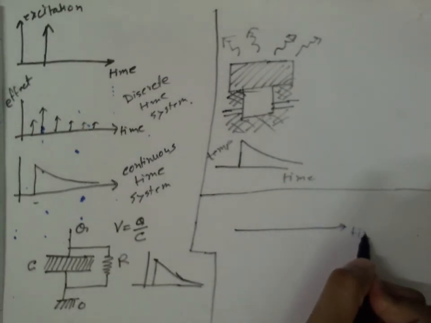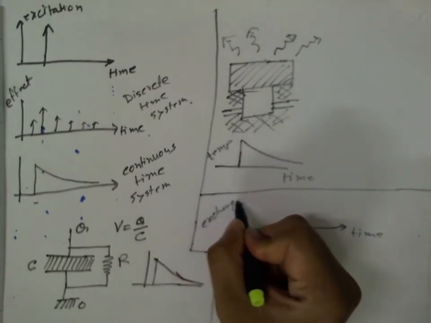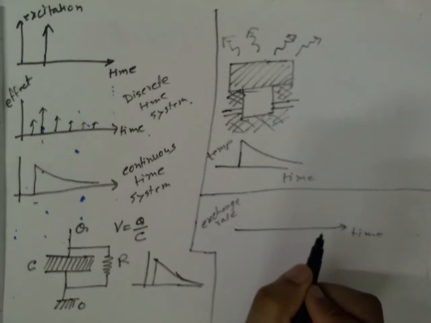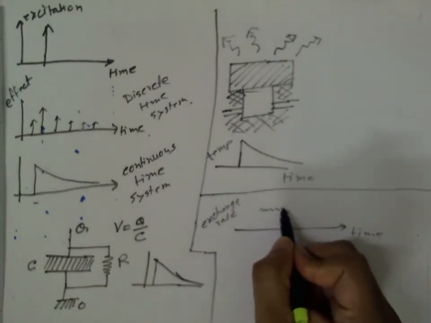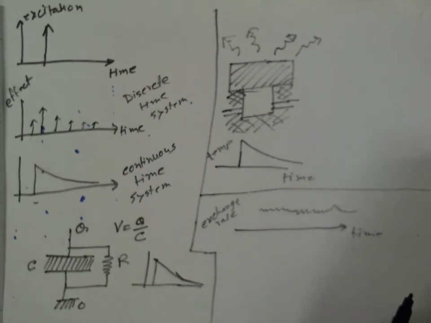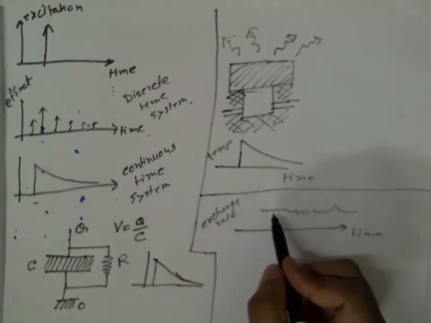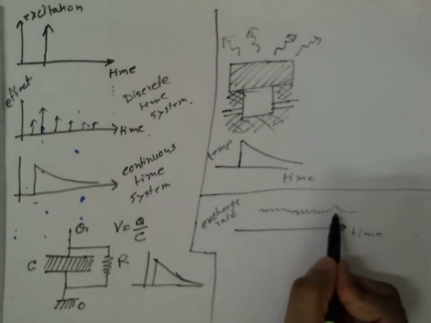So, time versus exchange rate. And then this generally has a noisy pattern. Maybe if it is dollar to Indian rupee, then this is nearly around, I think, 60 or